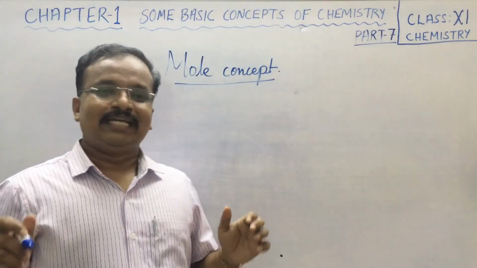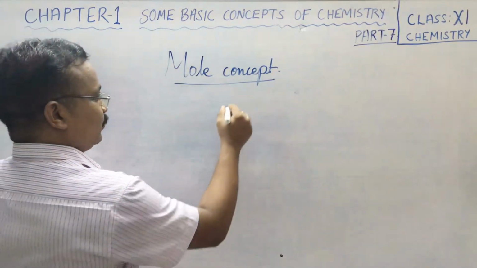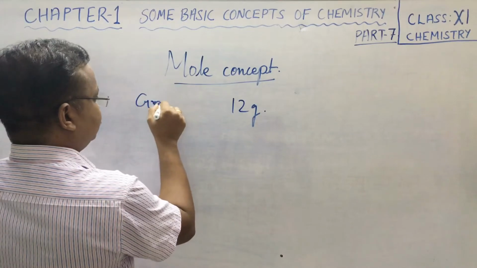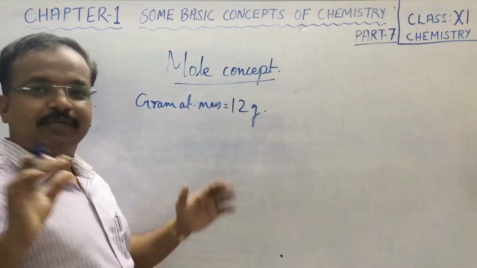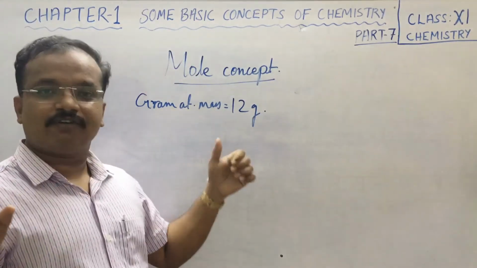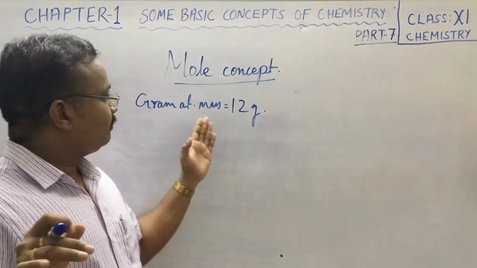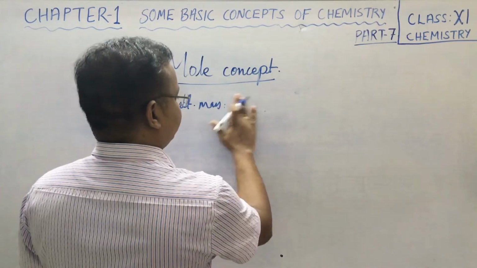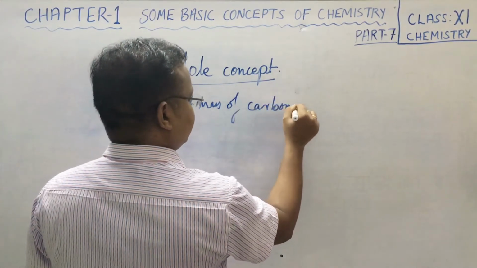Children, as you know, the gram atomic mass of carbon is 12 gram. Gram atomic mass means atomic mass we write in terms of gram. That is called the gram atomic mass. Okay, the gram atomic mass of carbon atom is